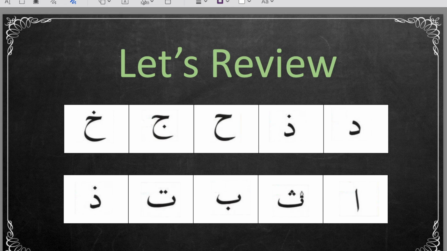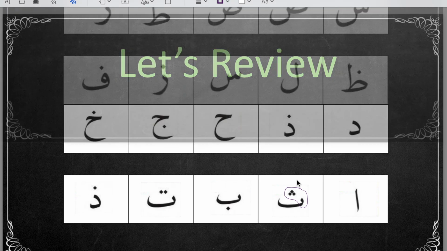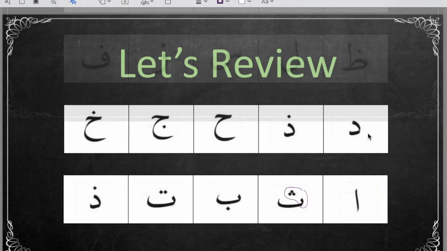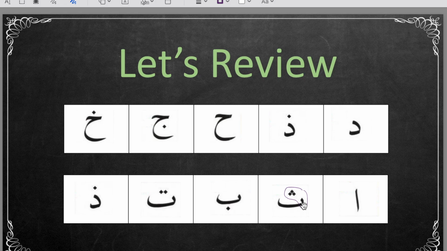Then we have the letter Tha, and the defining feature is over here. Just the stem right in the beginning and 3 dots on the top. There's another letter that has 3 dots on the top, which is the letter Sheen. But if you remember, for the letter Sheen, the defining feature was its 2 teeth, the 2 bumps. But for the letter Tha, it will only have 1 stem. So that's its defining feature: with the letter Tha, you will only see the stem, and the 3